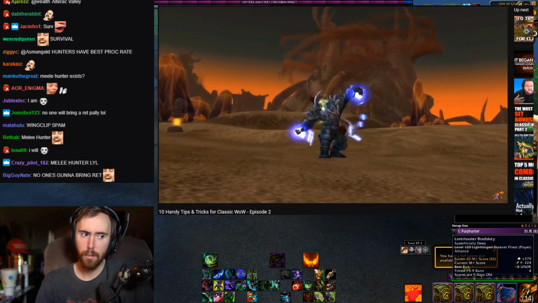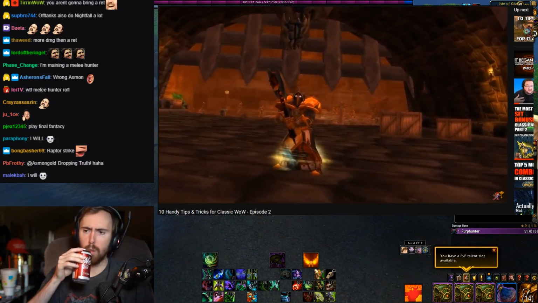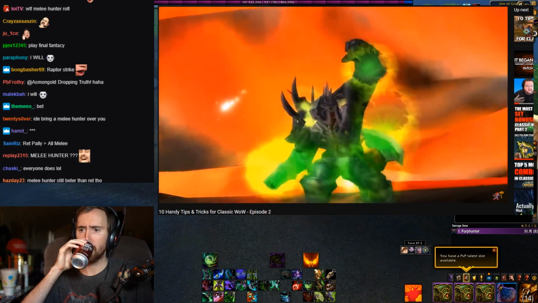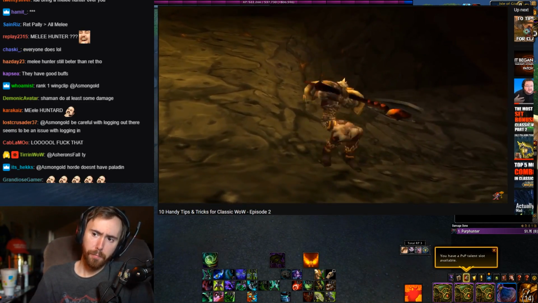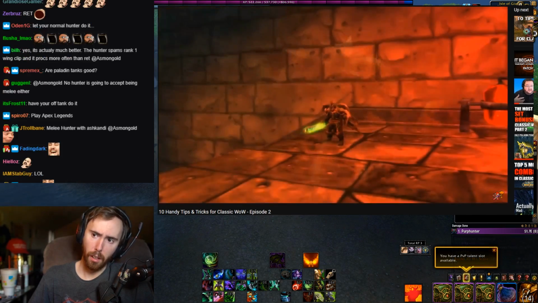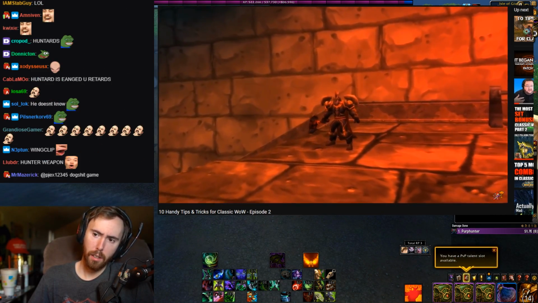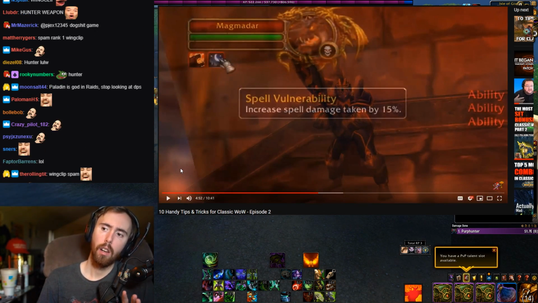And there's some discussion on what class this works the best on. Some say Paladin for the Seal of Command procs. Others say Shaman for Windfury since you get those extra attacks. Some say Hunter for Wing Clip spam, which sounds like loads of fun. Personally, I think it's probably the best for off-tank warriors if you really want to optimize things, since you're not...